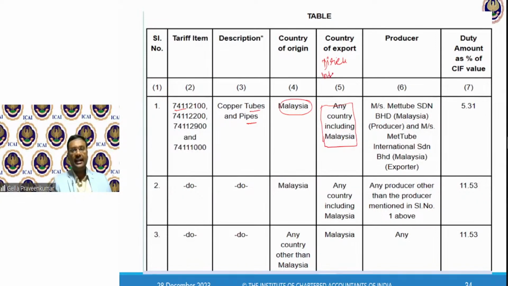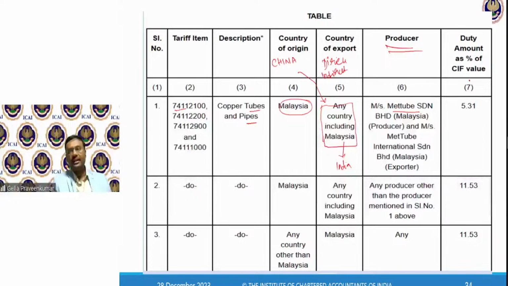Now, this is one example of direct and indirect routes. China may send the goods directly to India or through Malaysia. The goods from China travel to Malaysia, where there is unpacking and a change in the label of manufacturing, and from Malaysia they come back to India. They have also given a reference to a producer, the manufacturer Metuben STN, and any producer other than the producer mentioned above.